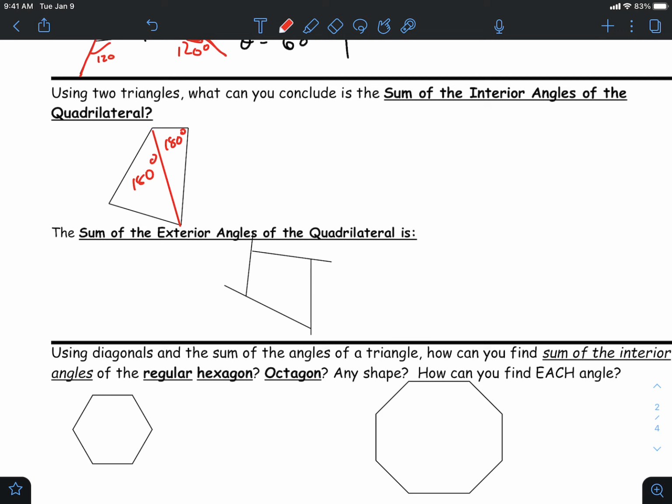We got all those angles in there. If each triangle individually has to add to 180, then all the angles have to add up to 360, right? Because you broke it into two triangles, each having 180 degrees. So you're going to have, say, each triangle